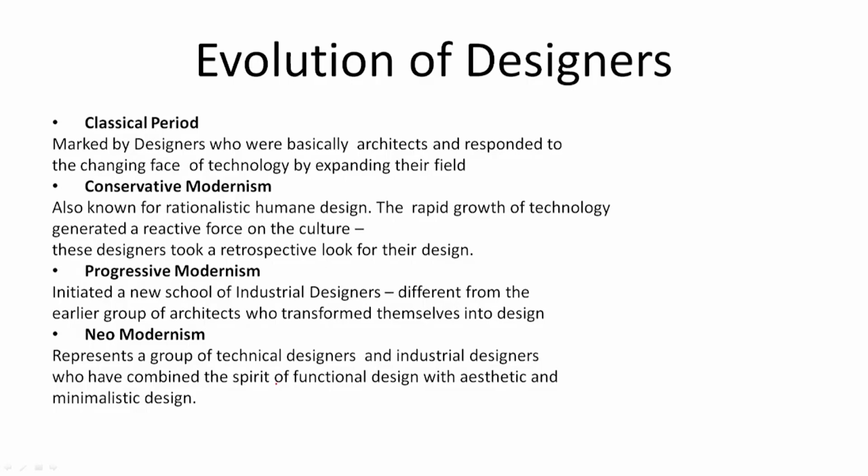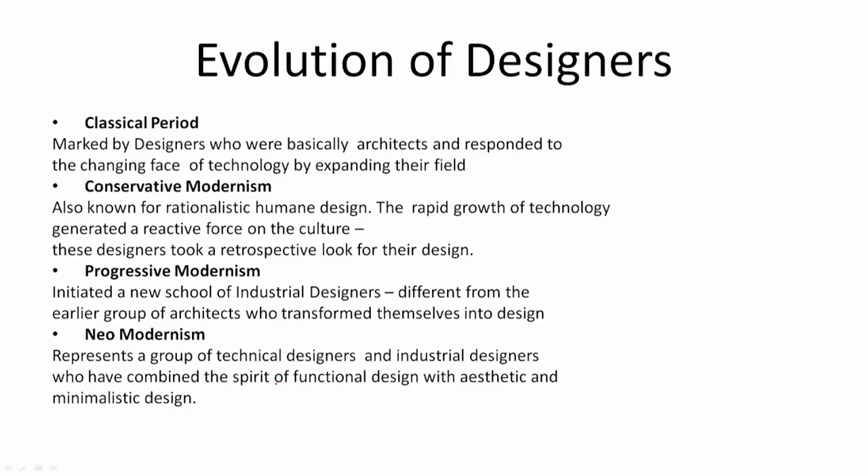So, soon after the classical period, conservative modernism started, in which the human aspects came inside a rational design. So, there will be a group of designers who would bring some of the classical elements back into the design of a system. Then we will come to the third phase of evolution, which is known as progressive modernism,